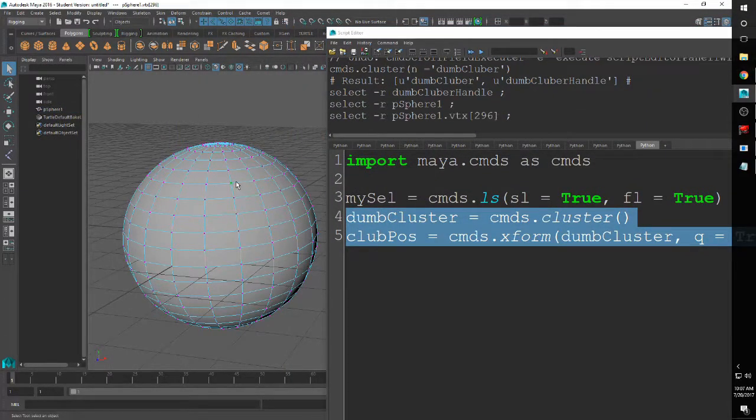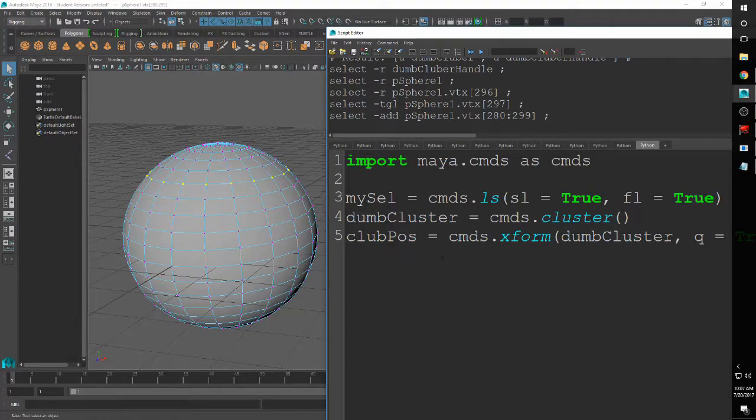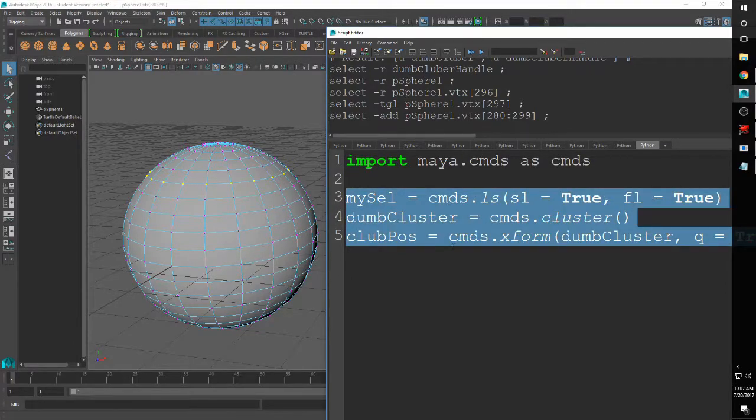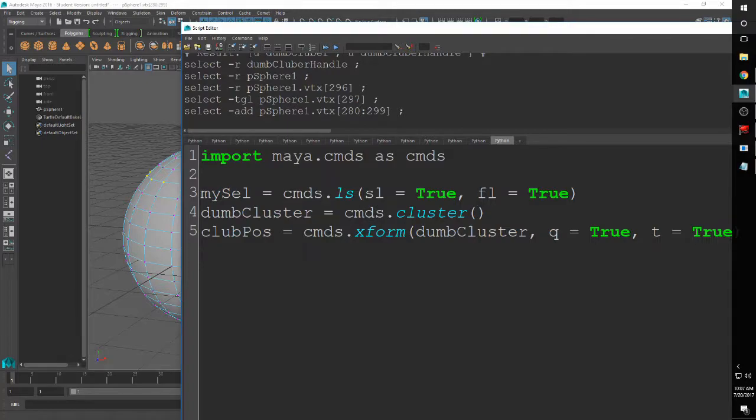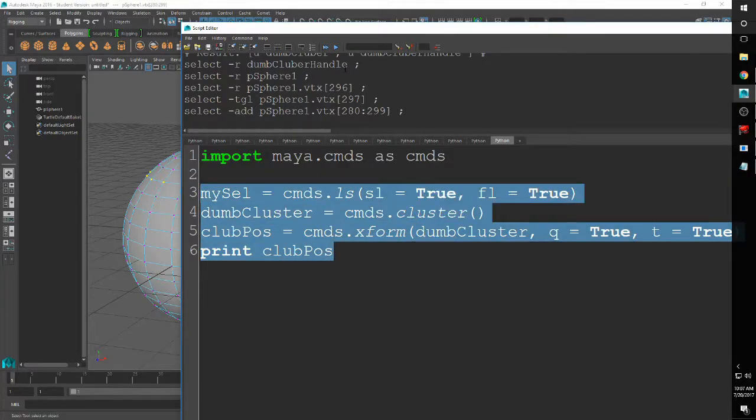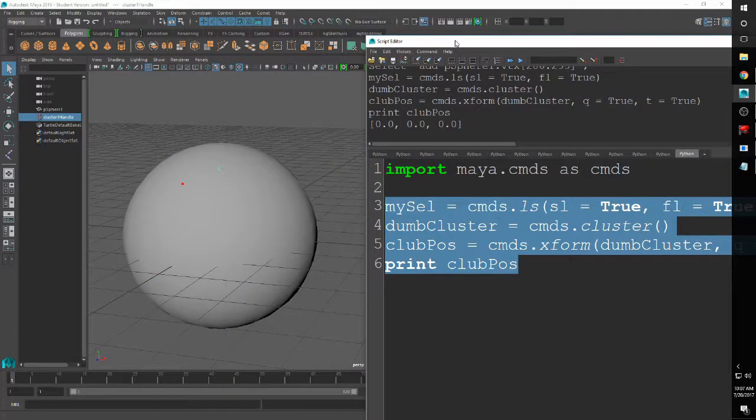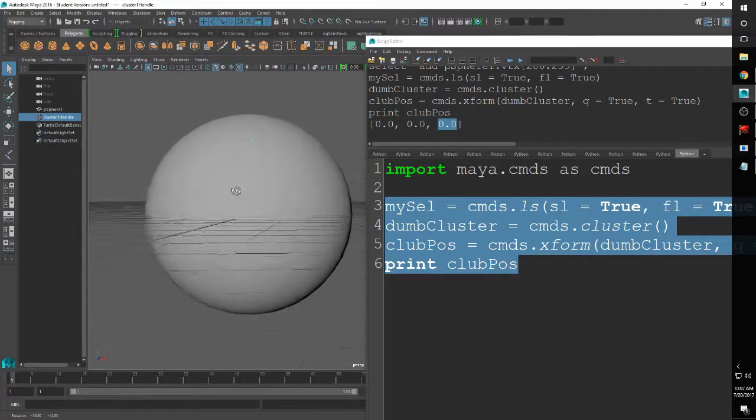So if I have all these vertexes selected, I'm going to make this, and then I want to print out the cluster position. So print clus plus. Okay, go. Well, that's interesting. So it has 0, 0, and 0 as the transform, but